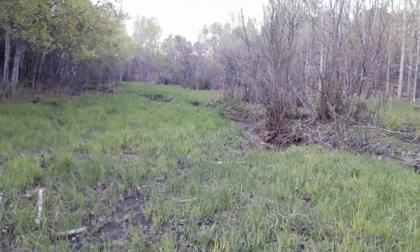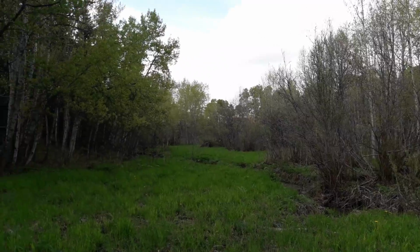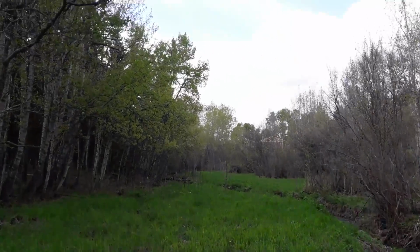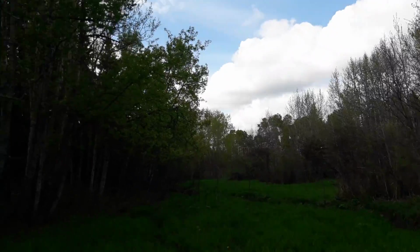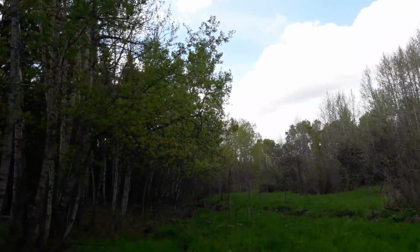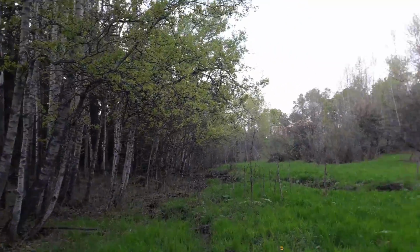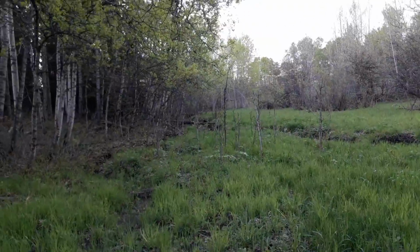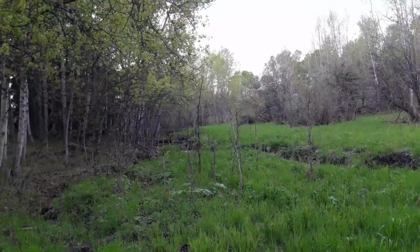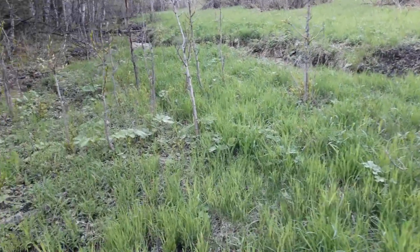You can just see the top of the hay shed from here. Got three trusses up on the shed there. So I'm hoping to continue with that, but it's supposed to rain this weekend, so I don't mind the rain. We definitely need the moisture, but we also need the sunshine to get this grass going, because it's all second